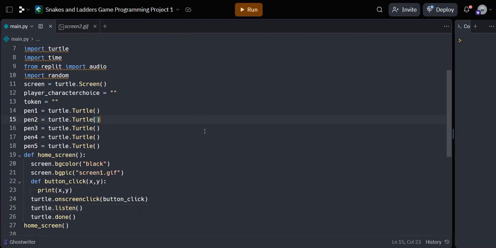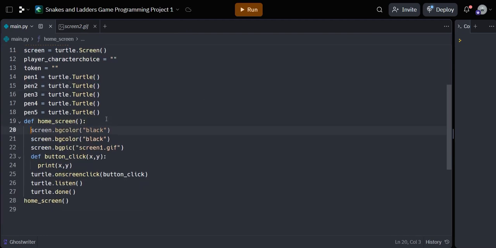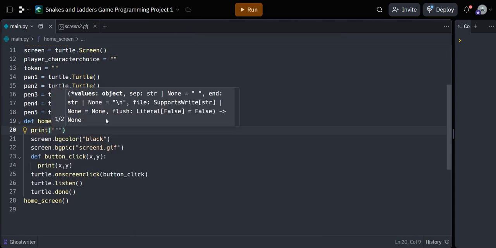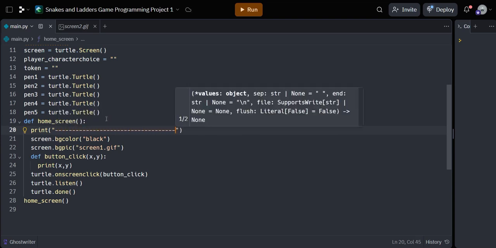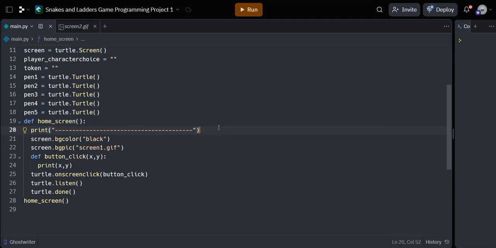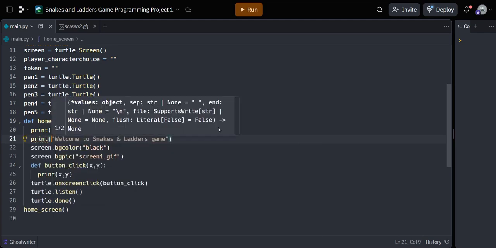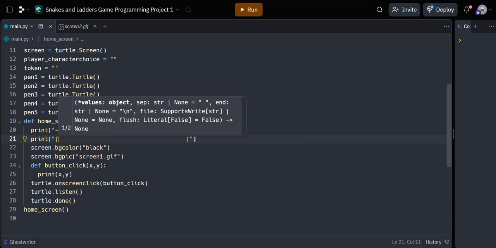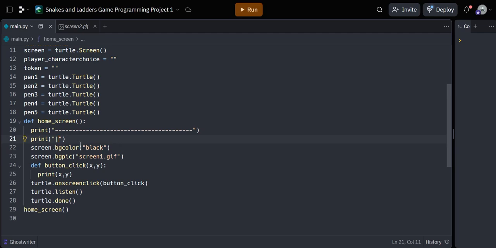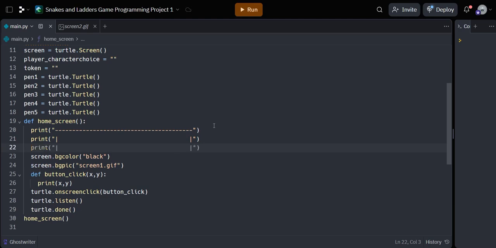So now let's just get to, oh, and also I wanted to do a nice welcome message. So if you can do a print here, I really wanted to do a nice welcome message for the user. So I'll just do something like this, and then I'll just do a print as well. And what I want to do is actually put like a bar here, and then put a bar towards the end, something like that. So just something really cool. And then I probably would put another one. And maybe in the middle somewhere, I wanted to put something in the middle, but it seems like it wouldn't work well. So I'm just going to put something like,